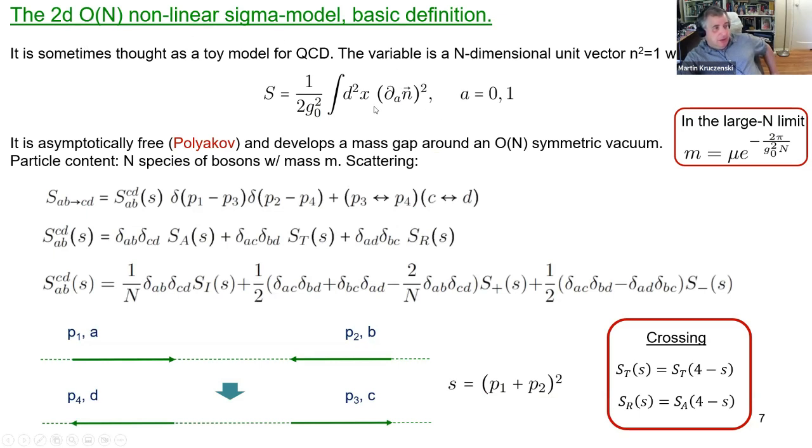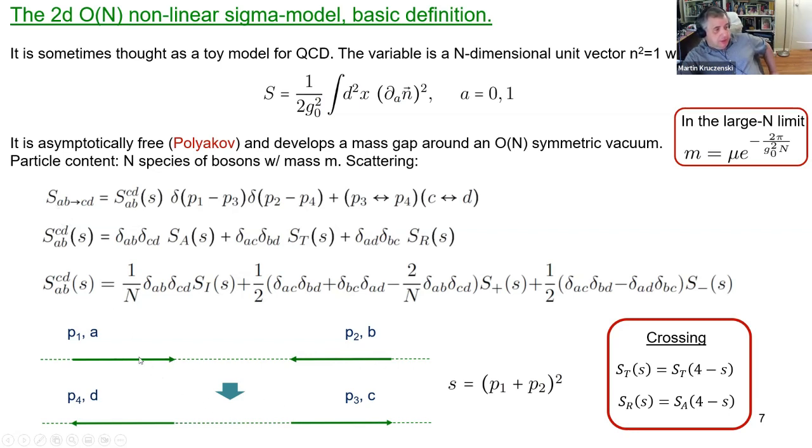It has some characteristics similar to QCD, but it's a very simple model. It's a unit vector with n components, similar to the previous speaker, but here the length is fixed. That means that this represents a spontaneous symmetry breaking, but you cannot have that in 2 dimensions. So if you don't think much, these are n-1 Goldstone bosons that describe how the n moves around the unit sphere, but at low energy, the coupling grows and develops a mass gap, and you have the symmetry restored. So you have ON symmetry, you have n species of bosons with mass m,